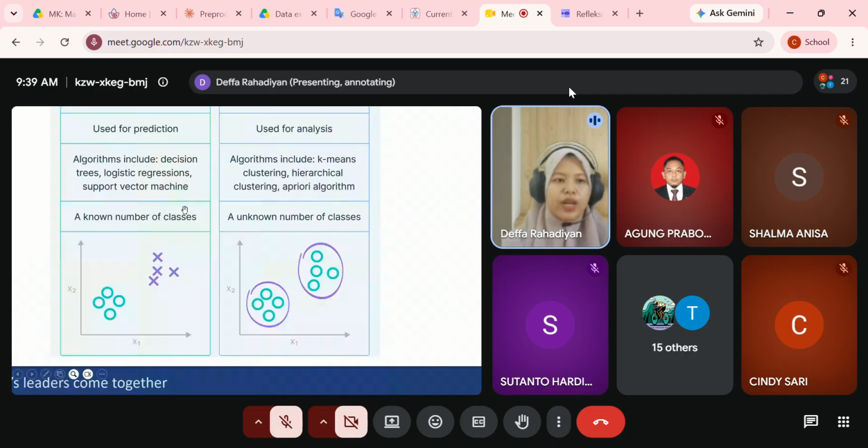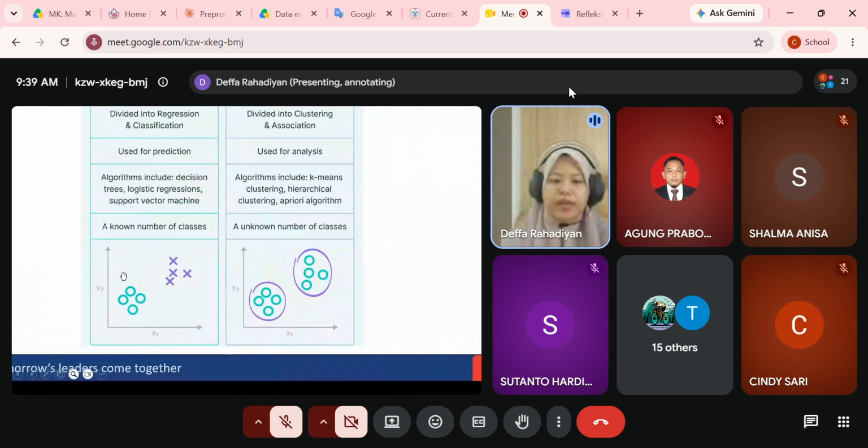So in here we already know the classes that we have, but in here unknown. That's why if we have new data, we will check whether this new data is related to class A or class B. But in here we can see that we don't know what the label is, since all of them are circles in here. We assume that all of them are circles.